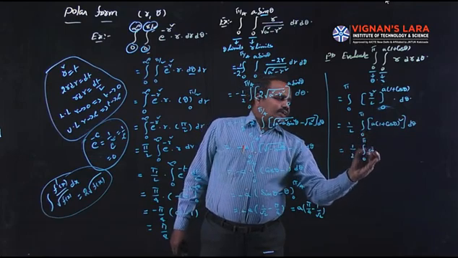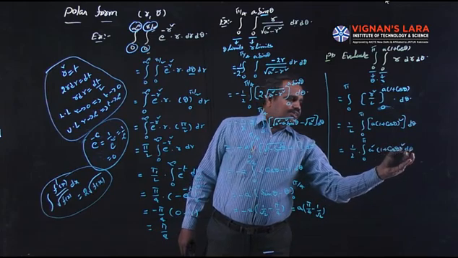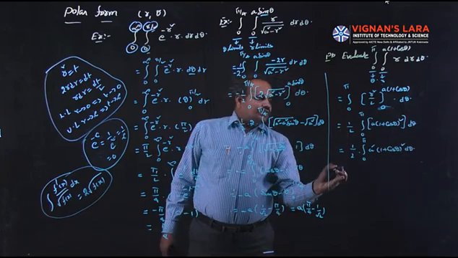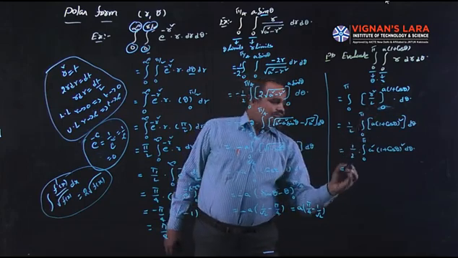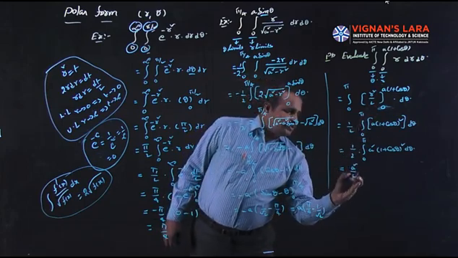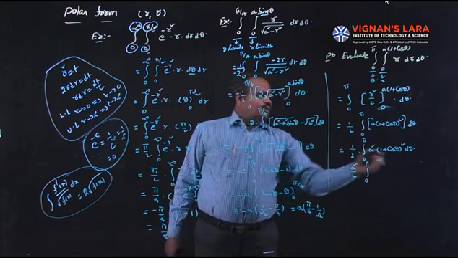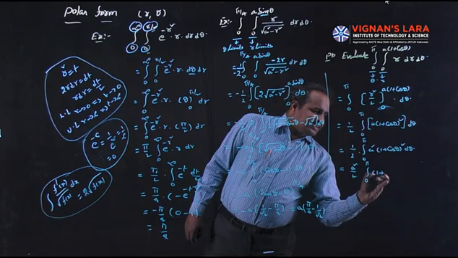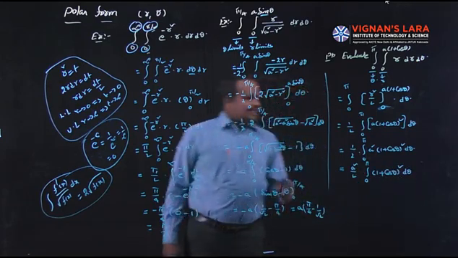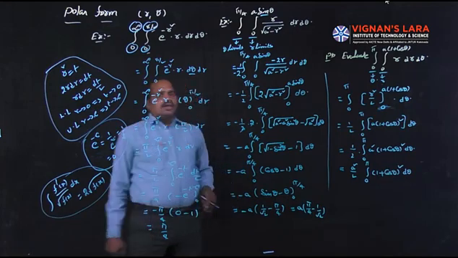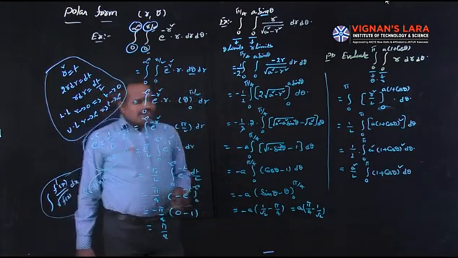outside, a square into 1 plus cos theta whole square into d theta, which is equal to, write this a outside, because of that lower limit becomes 0, a square by 2 integral 0 to pi 1 plus cos theta whole square. So we have to make the integration of this one. So how we are doing this? By expanding this one we are doing. So what is the expansion?